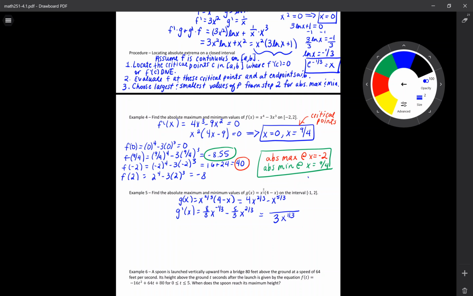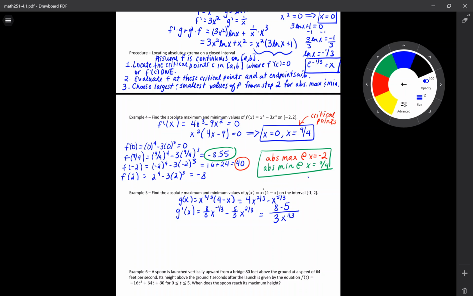So then how do I write 8/3 x to the power of negative 1/3 if I have 3x to the 1/3 in the bottom? Well, 8/3 x to the power of negative 1/3 is the same thing as if I just put an 8 here, since the 1/3 in the bottom here makes that a negative. So that term is taken care of, and then I will have 5 minus 5, that 5/3